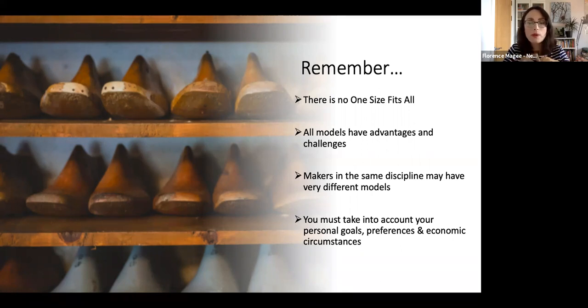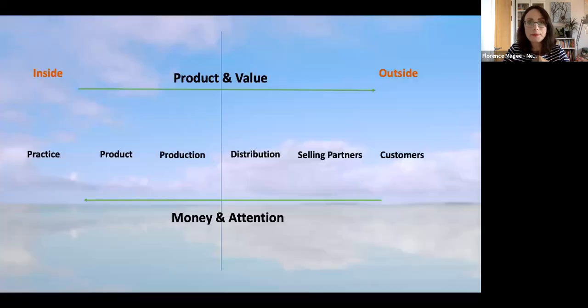For example, when I was a hand weaver, I had to pay for my accommodation and I had to pay for my studio. And I quickly realized that none of the other hand weavers that I knew had to pay for their studio, and most of them owned their houses too. So they didn't have to come up with several €100 every month. So their business models could be different, and they could wait until the Christmas shows to make a lot of money, where I had to deal with something quite different because of my economic circumstances.